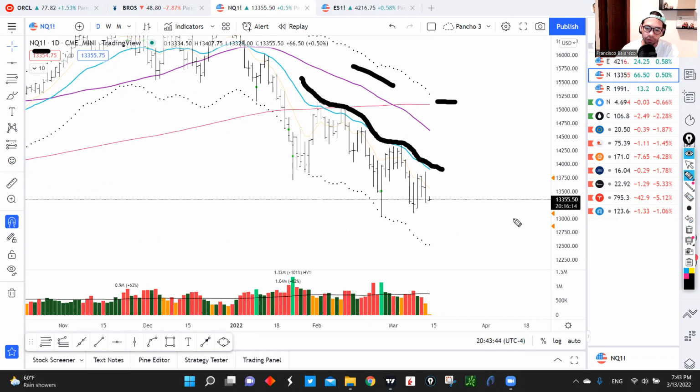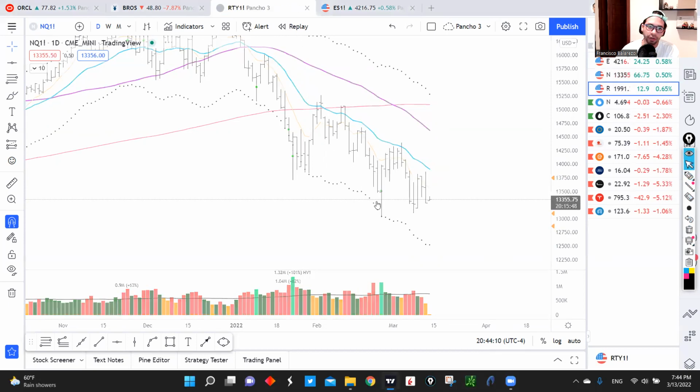So what I'll be looking for next week, if we happen to rally in the beginning of the week, let's say that we rally into the Fed meeting, is some rally somewhere around this level right here, somewhere around this 13,750. That's going to be near that 21 exponential moving average, and I think that's going to be a great place to set up some shorts and then continue to look for more moves to the downside in this index as well.